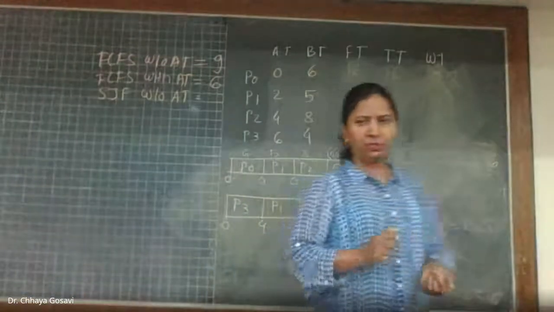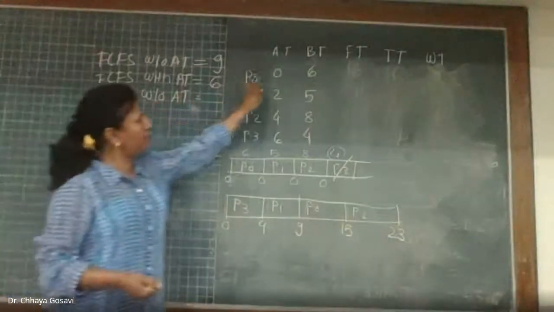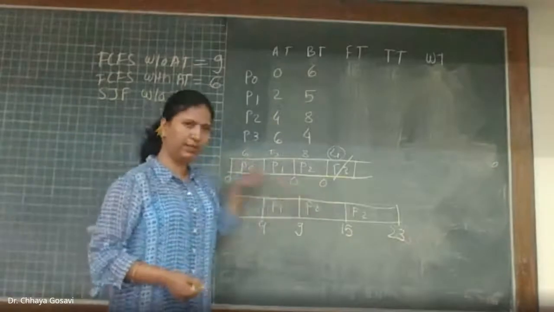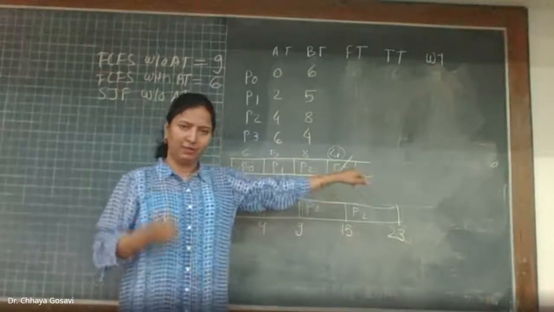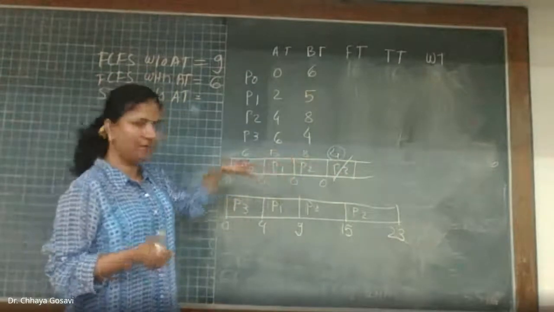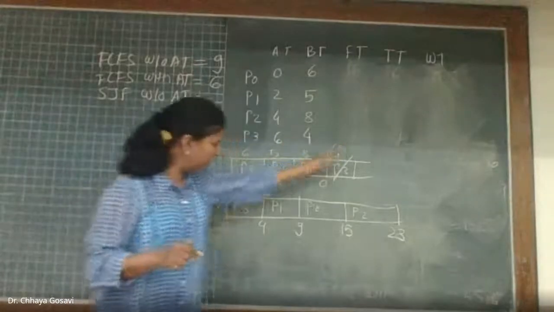Finish time for P0. Ma'am, in shortest job first we will consider P0, no? No, all the processes arrived at same time. We are considering without arrival time. We are solving SJF without arrival time, so don't consider arrival time. Assume that all processes arrive at 0, but in this sequence. Now, SJF is a priority scheduling algorithm, and priority is decided by shortest burst time. So the process which has shortest burst time will be scheduled first.